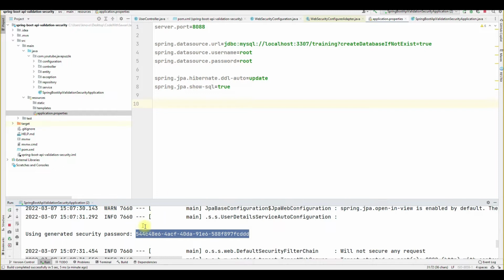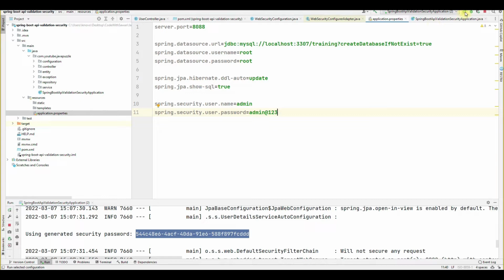If you want to change it and add your custom user and password, there is spring.security.user.name, and here I am just using admin, and then spring.security.user.password, and for the password I will just use admin@123.